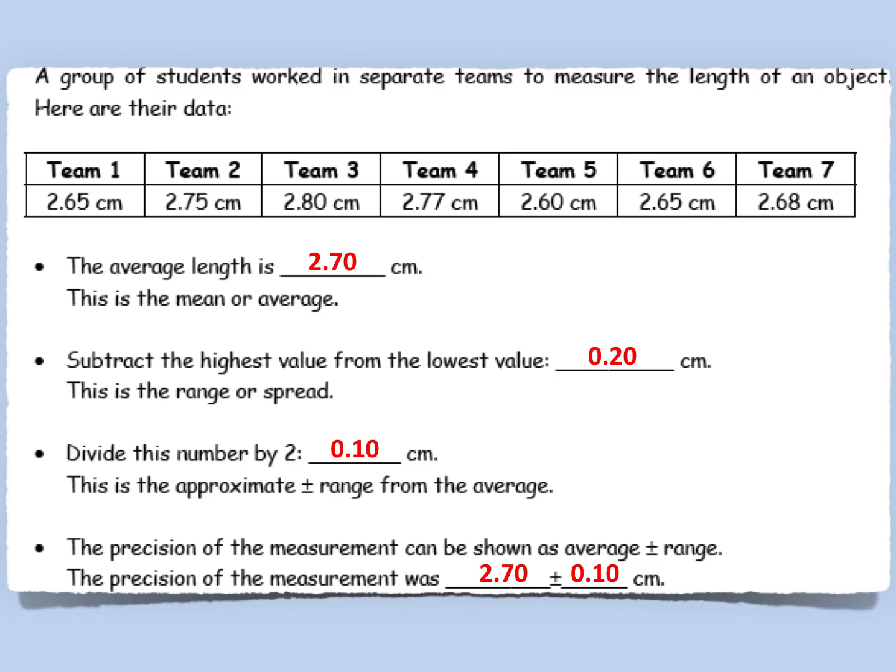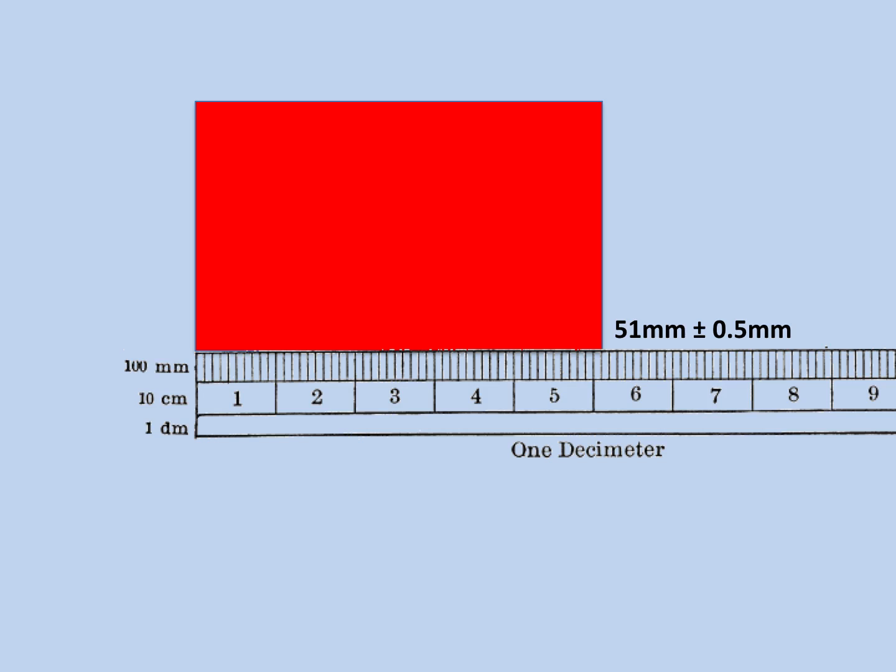Okay, so when we know that there's an error associated with every reading that we make, it's important to recognise that when we use that measurement, we have to take into account that error. So let's have a look at an example of a rectangle. So we're keeping these measurements very simple, we're just measuring length. If we put a rule along the length of this red rectangle, we see that the length is, well, it looks like about 51 millimetres,